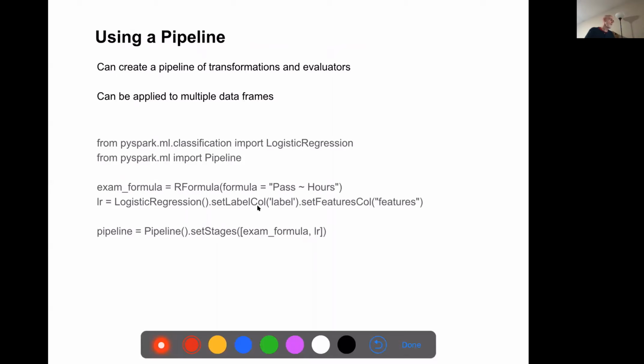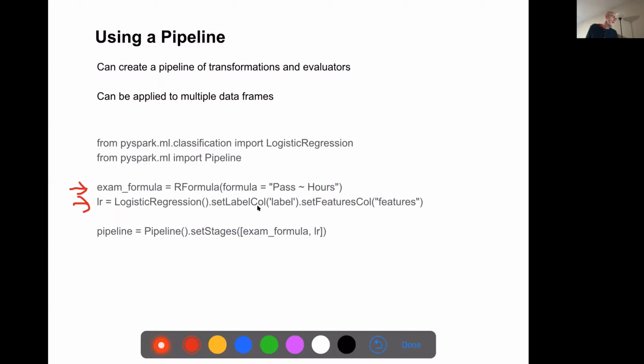Here's a simple example of creating a pipeline. So, my RFormula to convert the data into libsvm format, and then computing logistic regression on it.